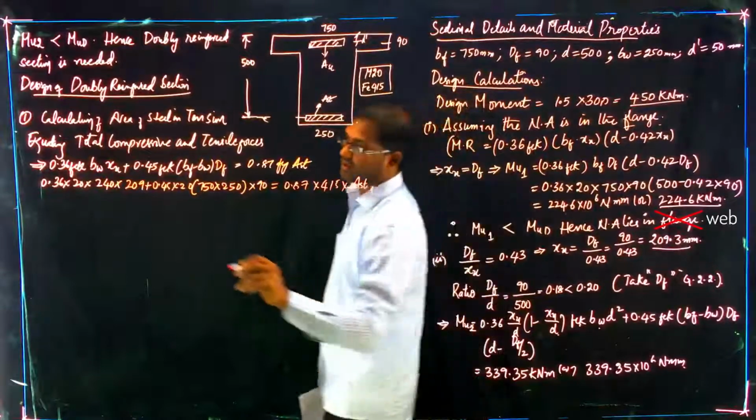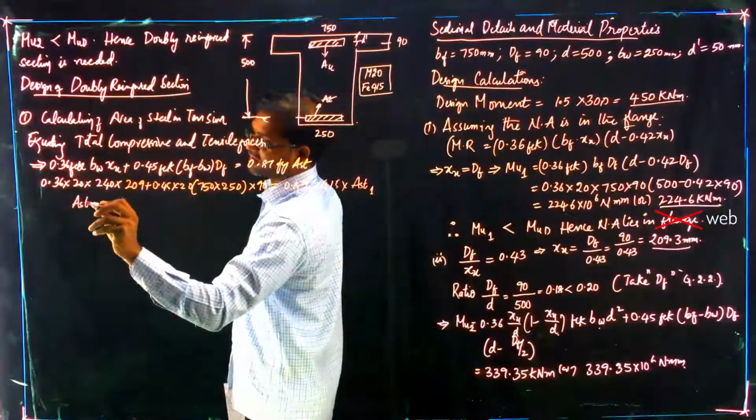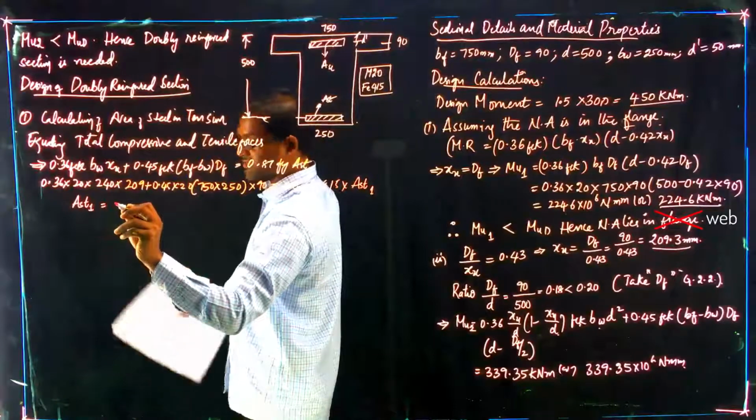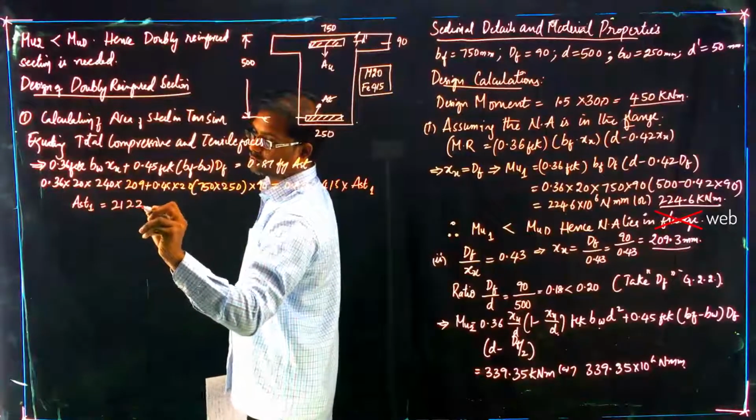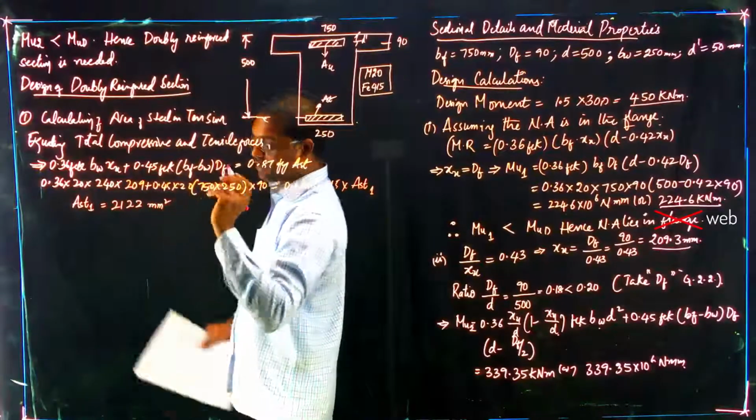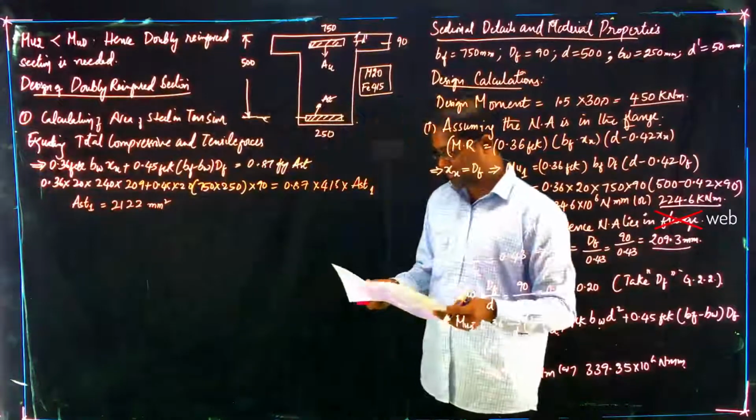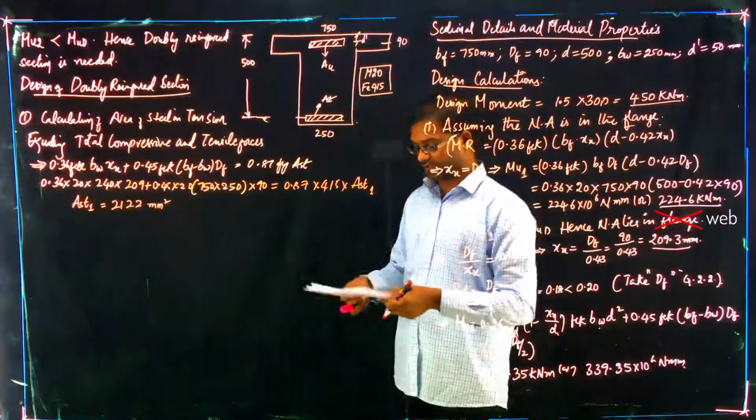Now Ast1 is given as 2122 mm square. Now after calculating Ast1,